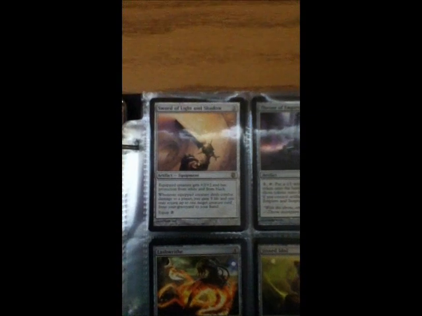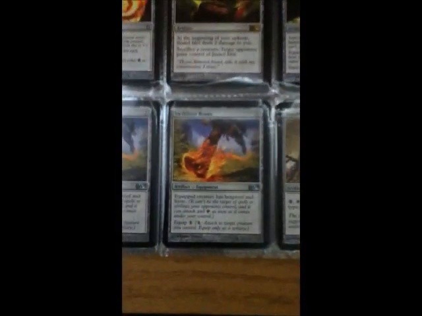On to artifacts, we've got a Sword of Light and Shadow. I'm only going to be trading for value here, so it's going to be this value and up. Sorry, I hate to do that, but for a card like this, you kind of have to. Throne of Empires, Temple Bell, Lash Wraith, Jinxed Idol, Stratascythe. A couple playsets of Swiftfoot Boots, Doubling Cube,